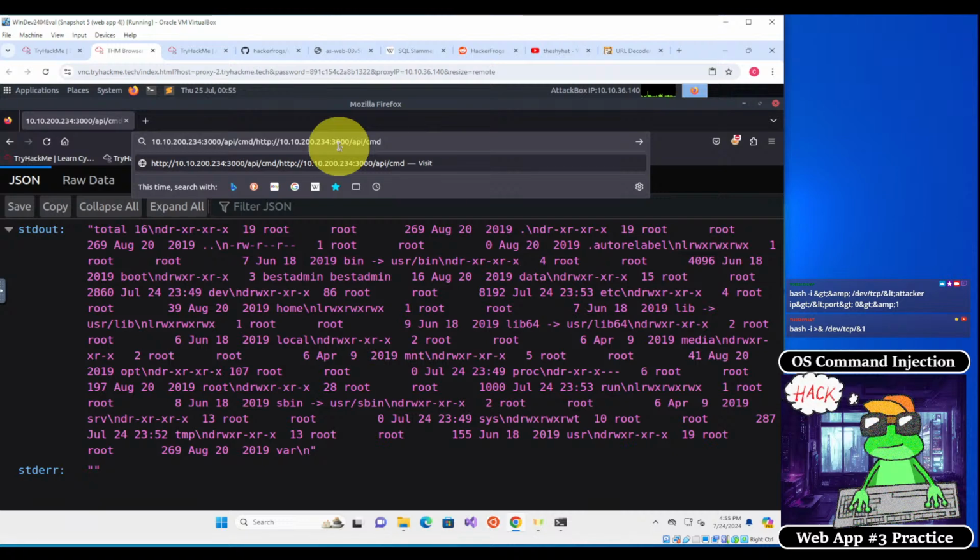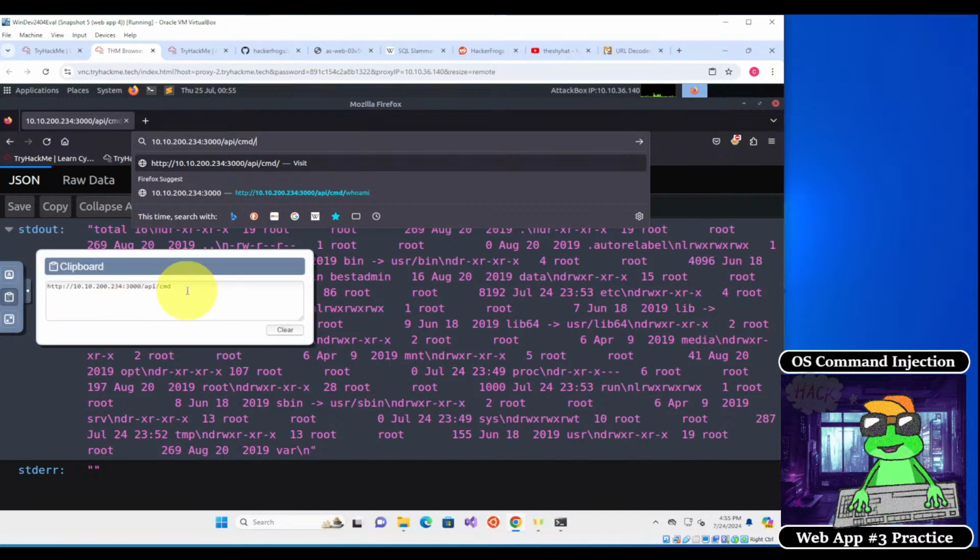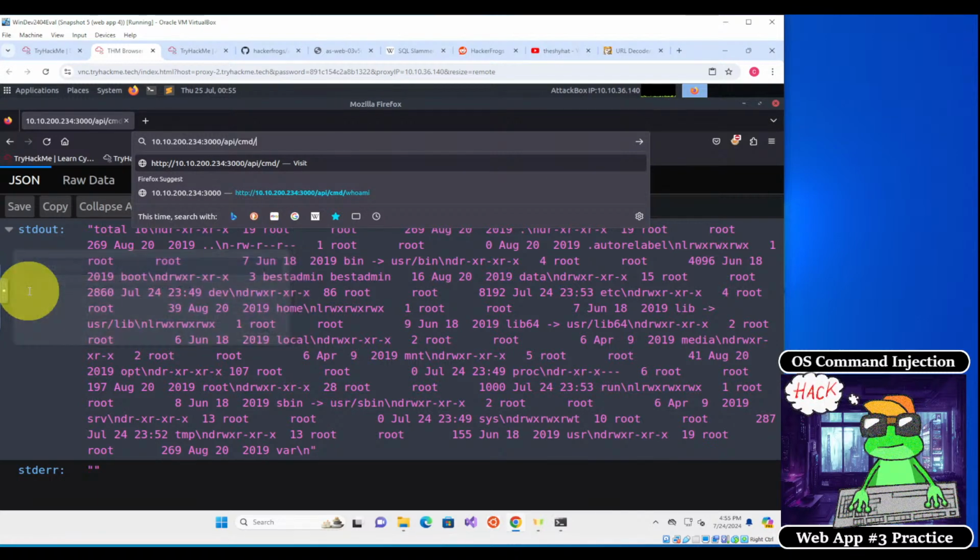Hold on. Let me copy this again. Sometimes the clipboard for these virtual machines is a little bit screwed up,